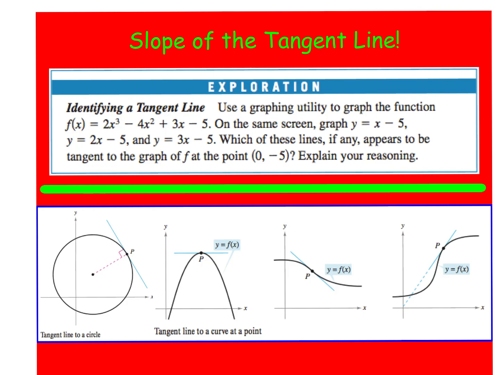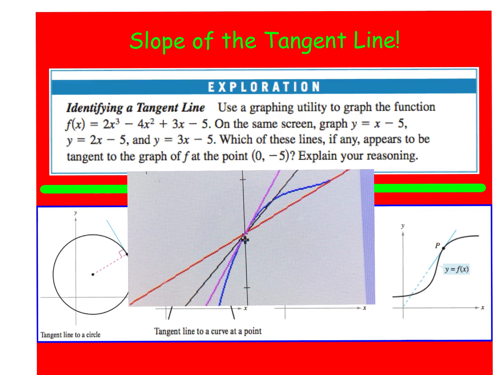All right, this is 2.1a, slope of a tangent line. So let's bust out our graphing calculator, and we're going to graph these four functions and talk about tangent lines in it. So I have this zoomed in at 0, -5, and so our curve, this cubic, is the blue. All right, and so is the red line, this x minus 5 is the red line,